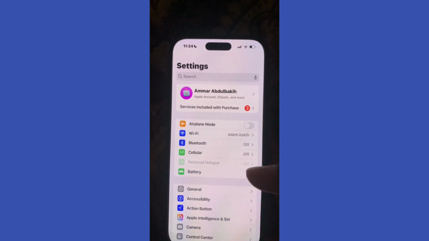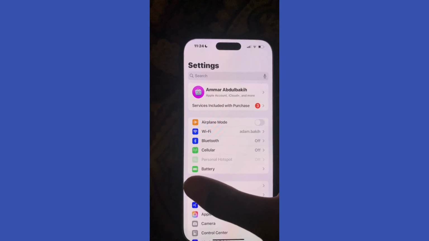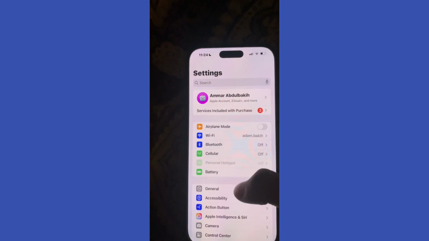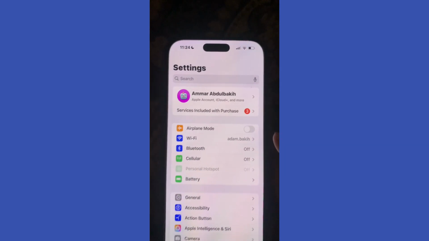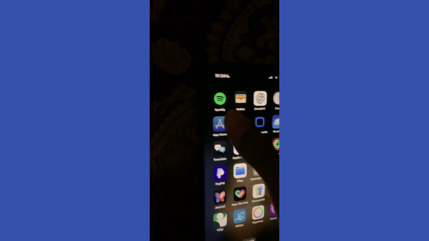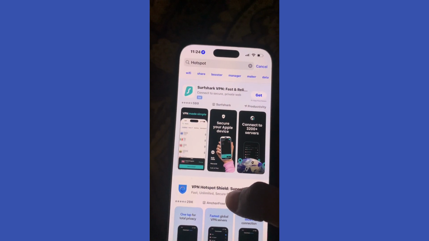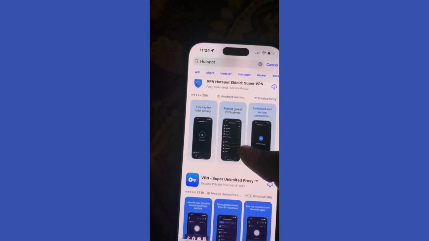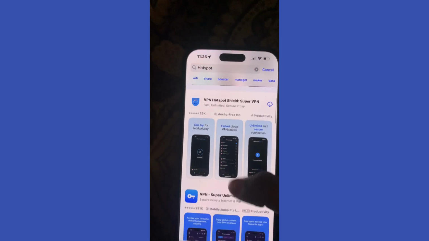So one of the ways that you can do that, make sure to turn on the cellular data so you can open up your personal hotspot, and that way you're going to be able to share your network with other people, right? Another way of doing it, you could just go back to your screen and then go ahead to your App Store or Google Play and basically download a personal hotspot app, and set it up from your phone, right?